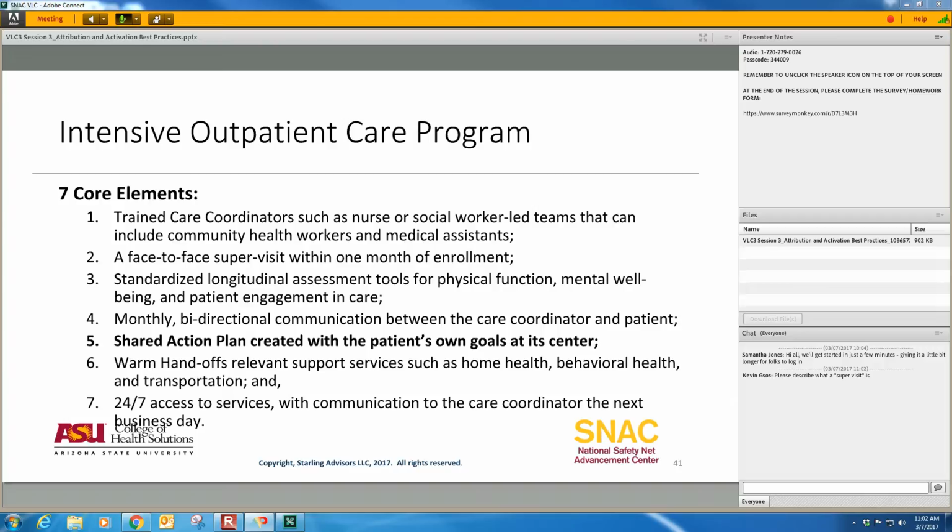And then they helped provider groups establish formal handoffs between the different capacities that were supporting that patient, like home health, behavioral health, transportation. And then they required, to be eligible to participate as a provider group in this program, you needed to establish 24/7 access to services, to any services they might need, and that the care coordinator, like if a patient was admitted to ER for a reason or